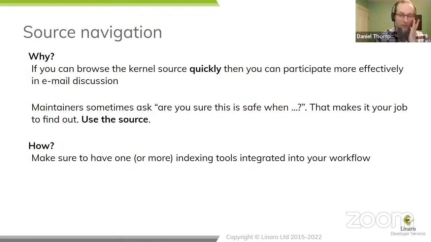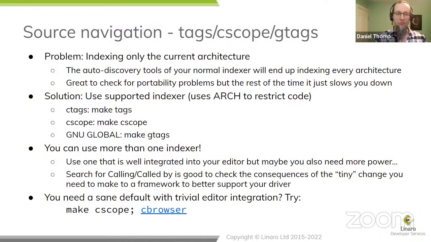So you should always have one or maybe more indexing tools integrated into your workflow. Now, some people are already running editors where this is a no-brainer. It's already done by default. There's no work to do. You just use your editor. Other, well, dinosaurs use separate editors and additional tools. And if you're in that category, this is the sort of place you could be looking. One particular thing is that indexes are actually built into the kernel build system. There are 3 indexes that the kernel build system already intrinsically knows about: ctags, cscope, and GNU Global.